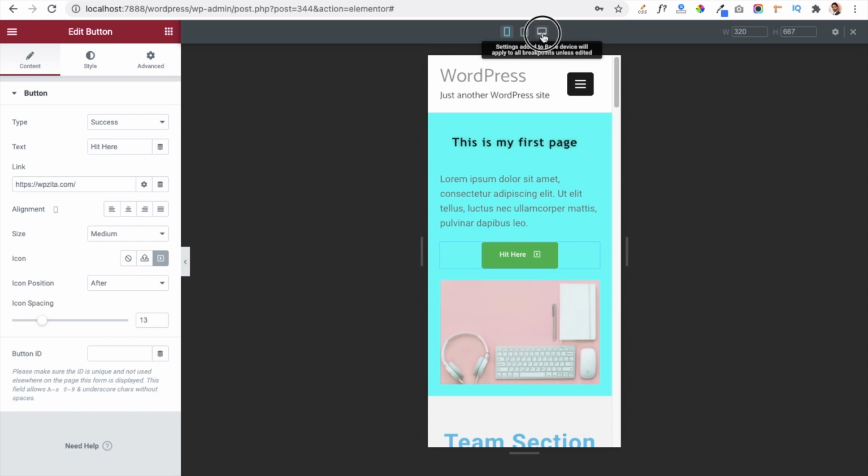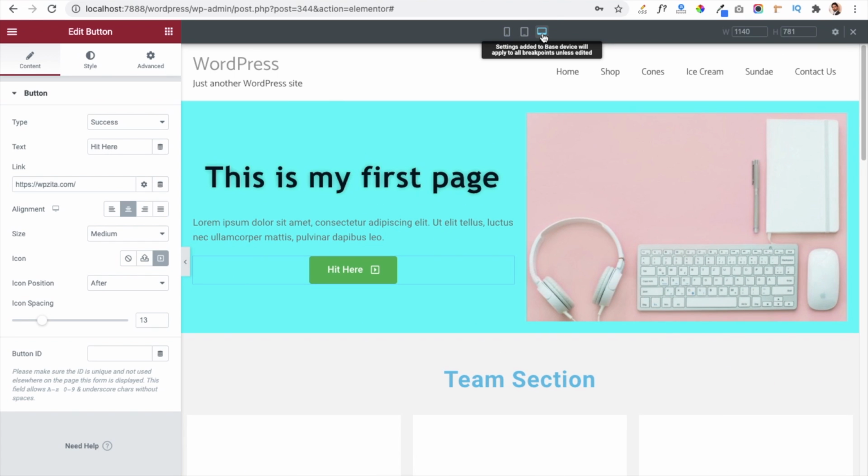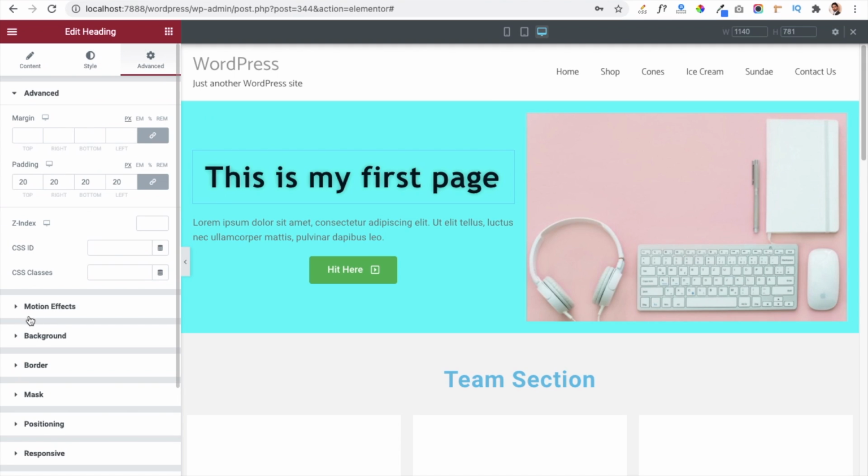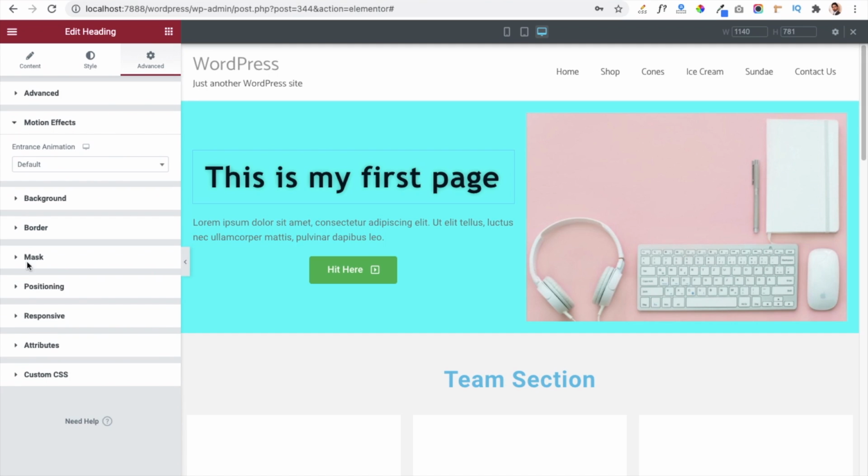And friends, one more thing I would like to tell you in this video is how you can manage animation of your content. So you have to just click on this heading module. I am just going to use the animation in this heading module and click on the advanced tab. Here you can see this is the motion effects settings.